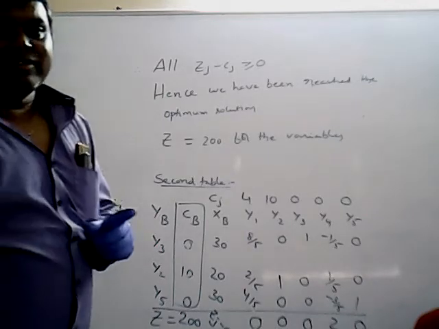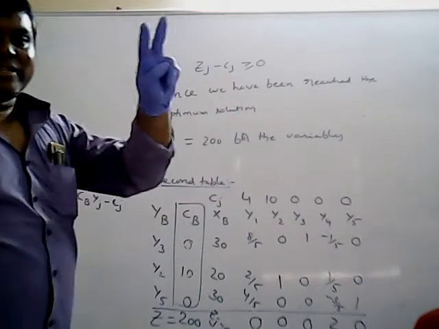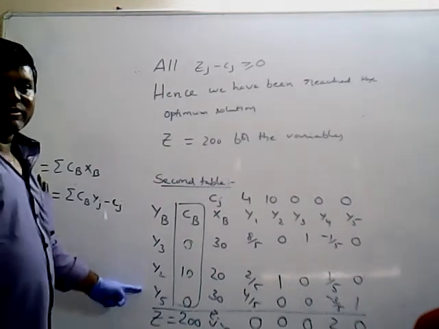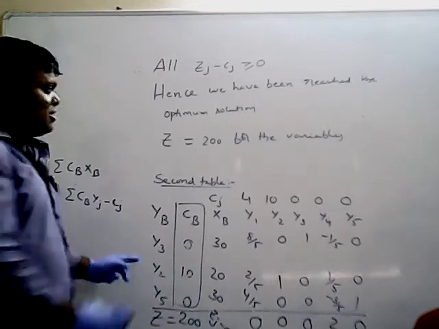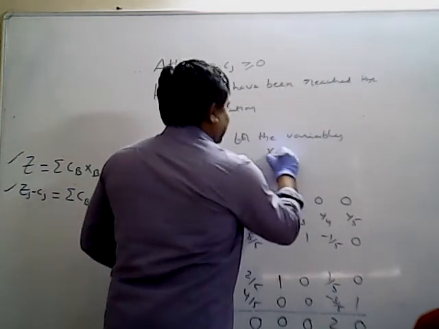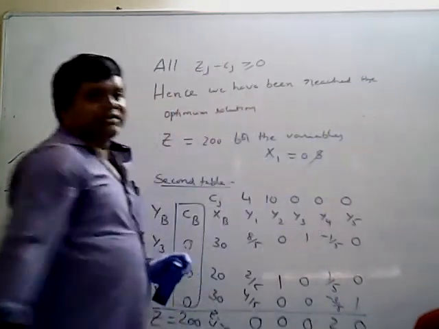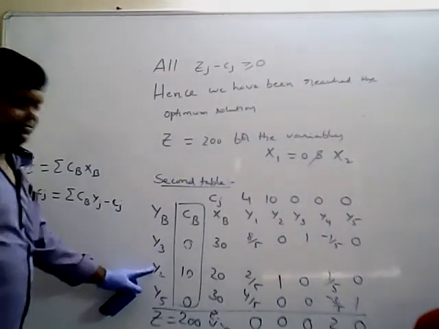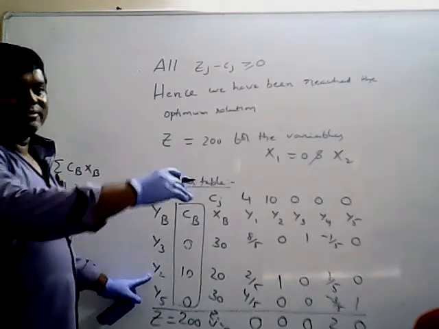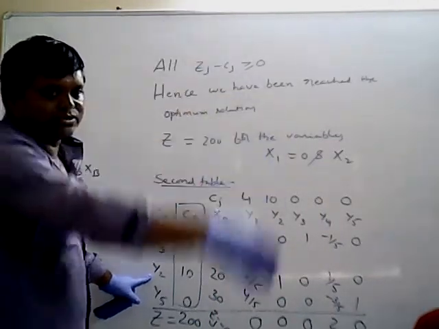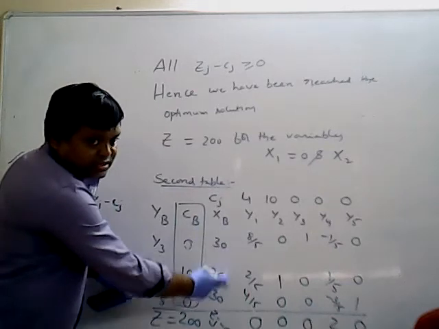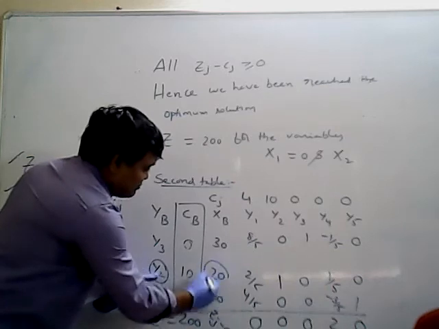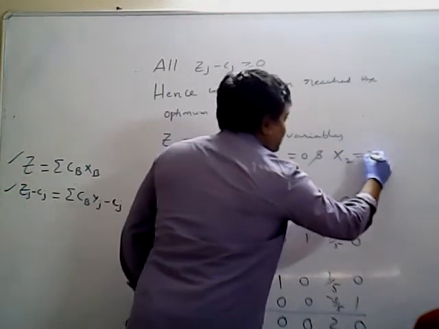In the original problem, how many variables are there? If you observe, x1, x2. For x1, y1 is not there. So that means for the variables x1 equals 0. And x2 means y2. Generally, for the variables, you look at the right hand side, which means the b values. What are the b values here? This is the b value. So y2 exists because x2 means y2. What is the y2 value? 20. So x2 equals 20.